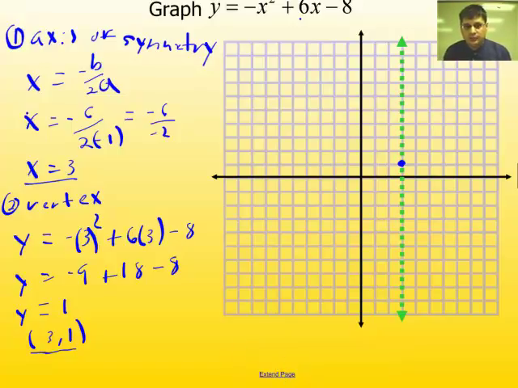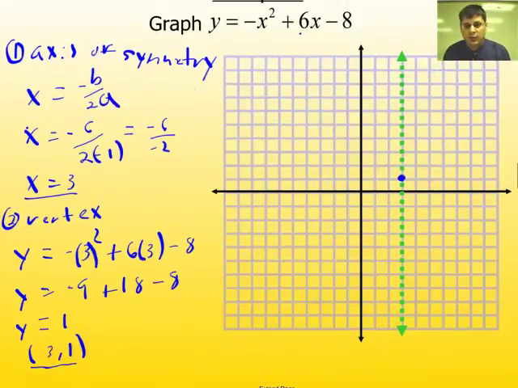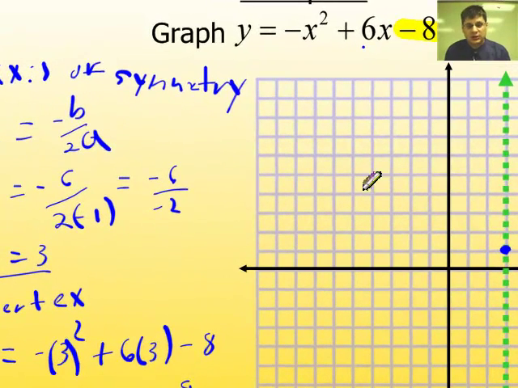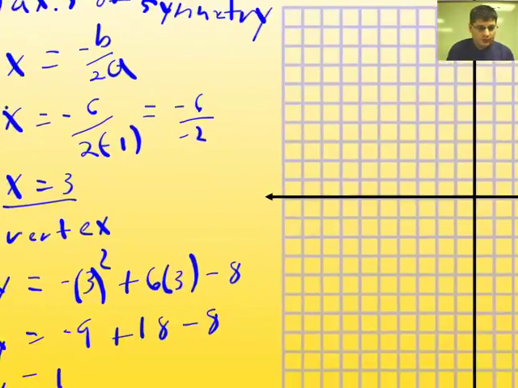If you recall, the y-intercept here is going to be at -8 on the y-axis. In other words, it's going to be (0, -8). So in my work,